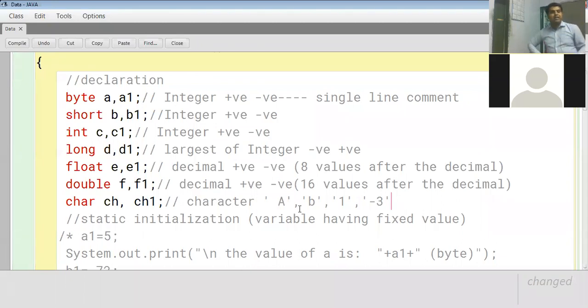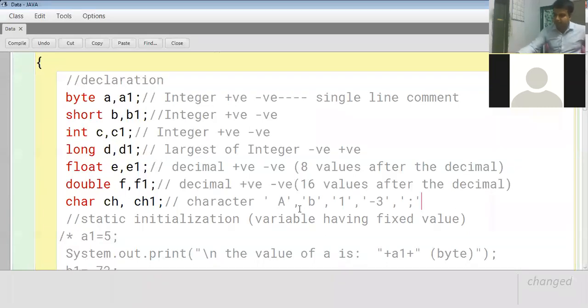Now what I was telling is the limitation. Sir, can we use any symbol in it? Yes, we can use any symbol. Good. In the single quotation, if you write a semicolon, the semicolon is treated as a certain alphabet. So symbols can also be used in the character data type.